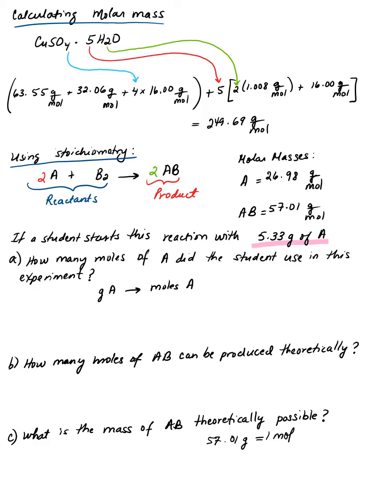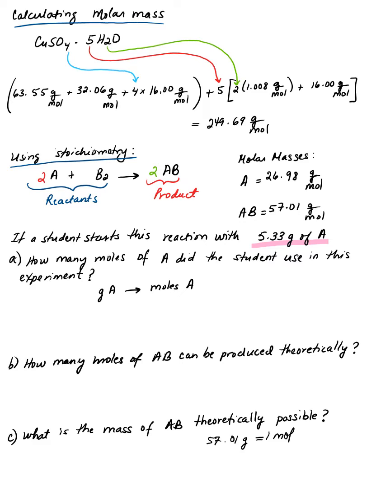So we're going to use all of that information, including the coefficients that you have in the reaction and the molar masses, to do the calculations that I have listed here as A, B, and C. So you're starting a reaction with 5.33 grams of A, which is a reactant. And the first thing that you have to do is to find out how many moles of A you are using. So converting grams to moles,